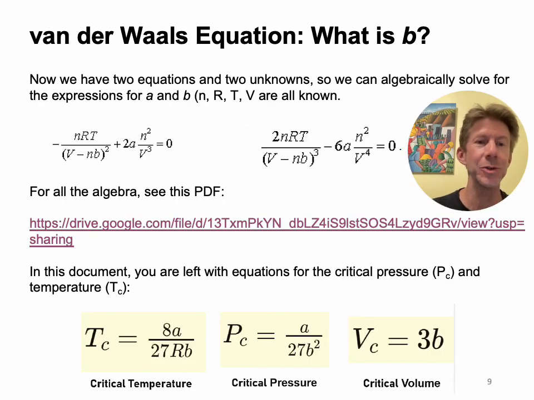All right, now as I said, we have 2 equations and 2 unknowns. Let's solve these. For the algebra, there's a link here, but what we end up with is something called the critical temperature, which is the temperature at the critical point, and the critical pressure at the critical point. We're putting those C's there just to indicate that we're solving them for the specific conditions that we've already taken into account, that for the first derivative and the second derivative, the slope and the change in curvature are both 0. And we get this, and in particular, we're worried about the critical temperature and the critical pressure because these two